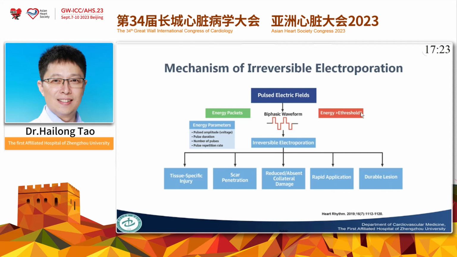When we look at the mechanism of IRE, we should know that if the energy is above the threshold, it can cause irreversible electroporation. It can cause tissue-specific injury, but it causes less collateral damage, and it can also